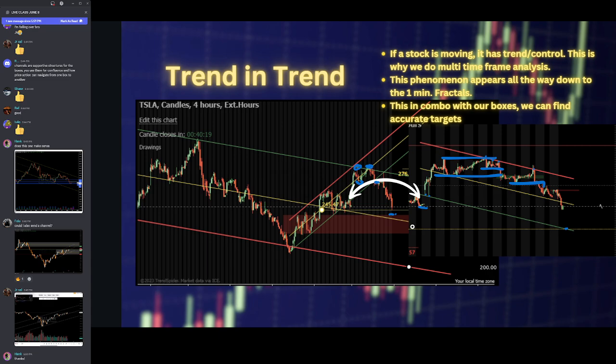Top-down analysis is going to help you establish and find these channels, right? Knowing that you're in an uptrend on the weekly is important, but acknowledging that maybe perhaps on the 1 hour you're in a downtrend. How can we use that? Well, when the 1 hour downtrend breaks in the higher time frame uptrend, because the higher time frame is far more important, that's likely going to be the signal up.